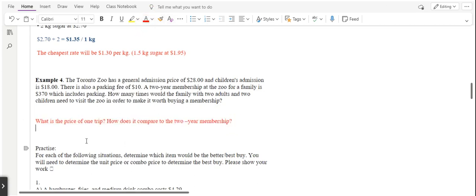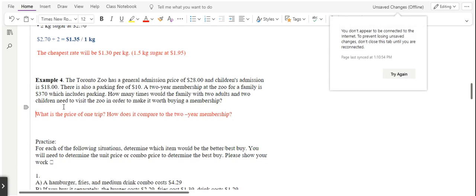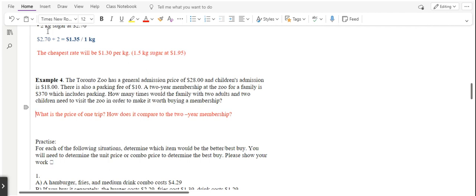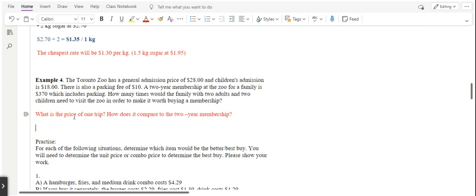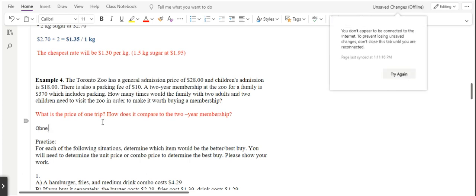Now, if I were to ask you, hey, if the family only intends on going once, should they buy the day passes or should they get the 2-year pass? And you'd be like, well, it's the day passes. Like I can see $370 is way more than this 28 and 18 thing. So clearly, if they plan on going once, they should just buy general admission. Okay, and so let us see how this works. So some helper questions for us are, what is the price of one trip? Okay, well, for one trip,